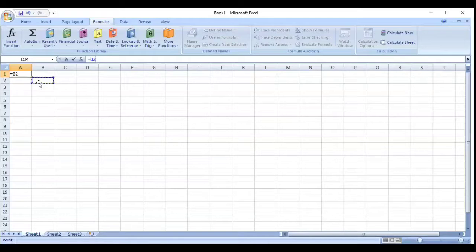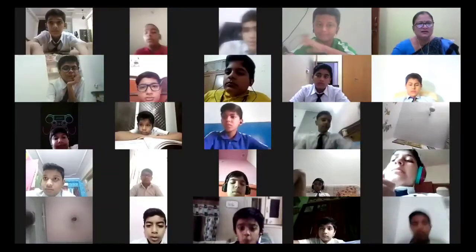Got it? Yes. And in Excel, you cannot make use of any formula until and unless you type the equal to sign here. You just see, if I remove the equal to sign and I move to the other cell, are you able to see the dotted border coming on the cell? No, it is not. So you are not making use of the pointing method. Until and unless you type the equal to sign and then move to the other cell, you cannot make use of the pointing method. This is how you make use of the pointing method. Got it? Clear to everyone? Yes, ma'am.